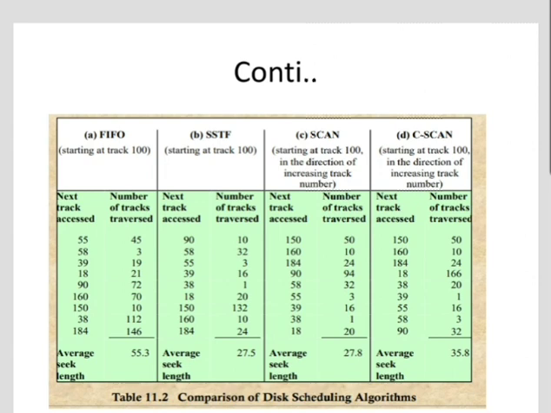Then next is SCAN and C-SCAN. For first in first out, we start at track 100; SSTF starts at track 100; in SCAN, starting at 100 in the direction of increasing track number. So here the comparison of the disk scheduling algorithms is shown.